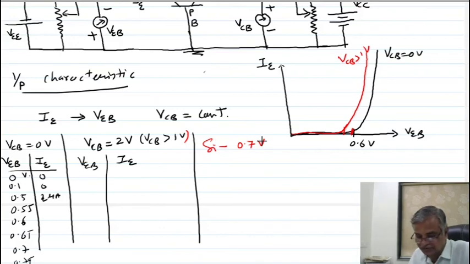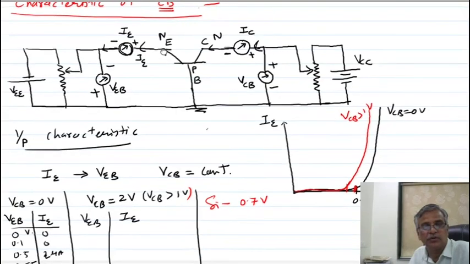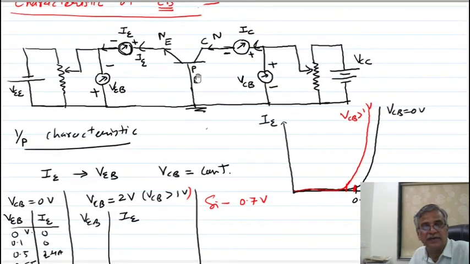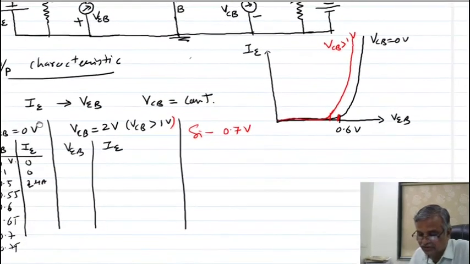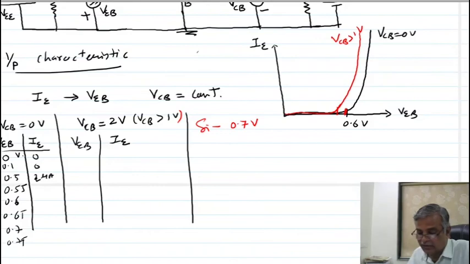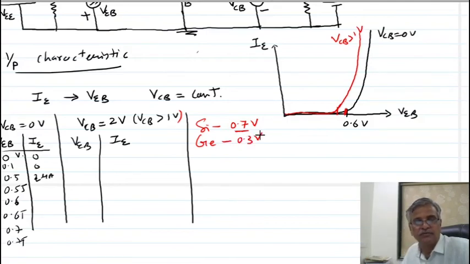If the transistor is made up of silicon, meaning the N-type material is made from silicon, the base material, this P-type, is also from silicon, then it is called a silicon transistor. Then the minimum value of the base emitter voltage required for conduction is of the order of 0.7 volt, meaning conduction may start at 0.6, 0.65, 0.7, 0.72 like so. If the transistor is made up from germanium, then conduction starts from 0.3 volt.